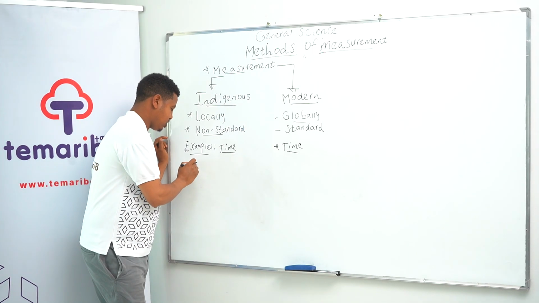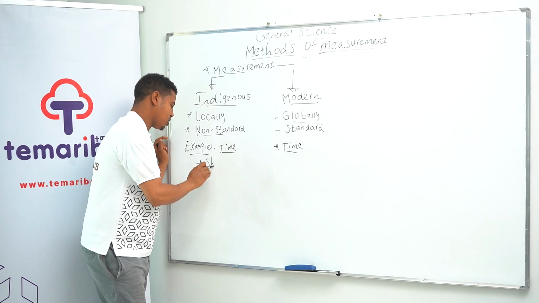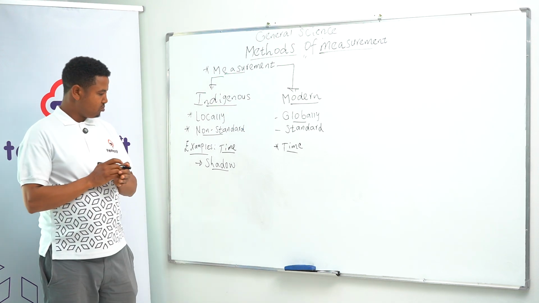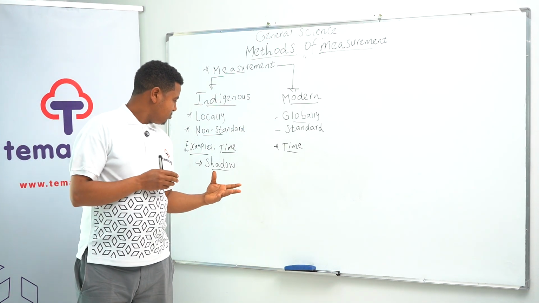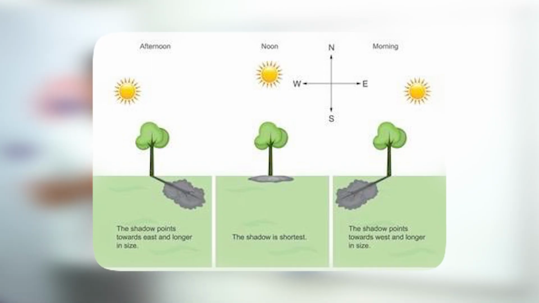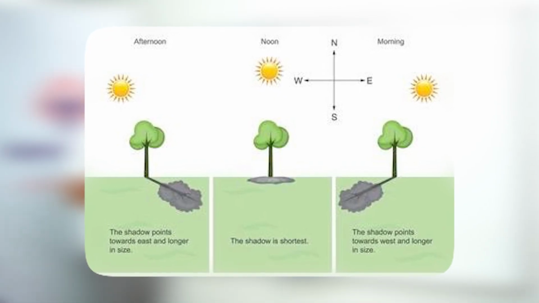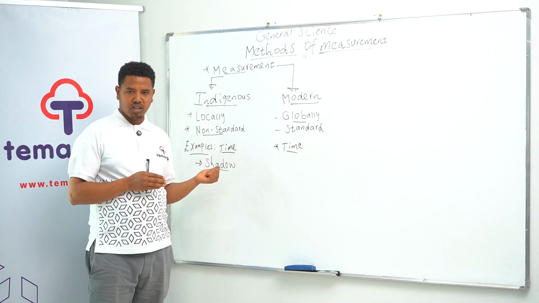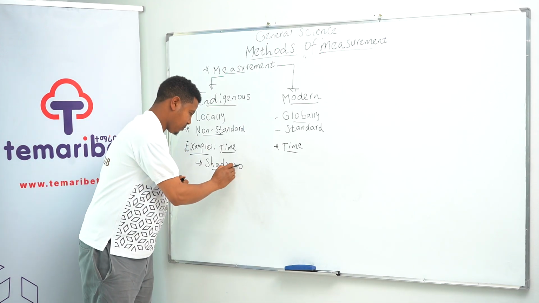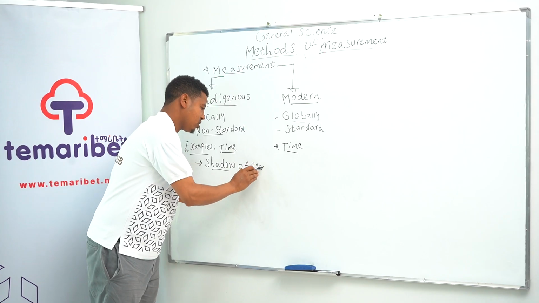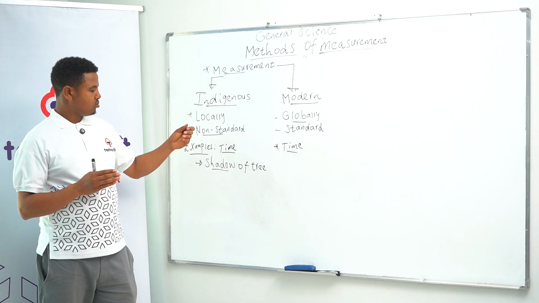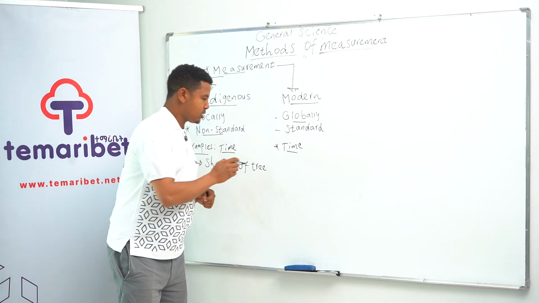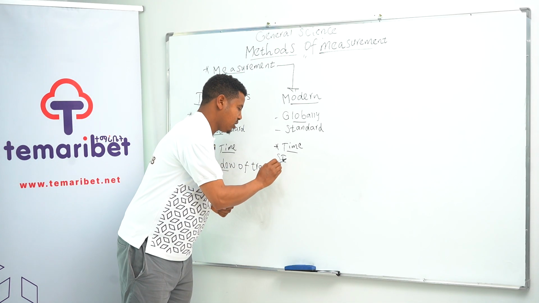So the indigenous method is that they use shadow. ወይንም ደግሞ when the sun changes position, the shadow also changes position. That is the way they used to measure time. So a shadow of a tree. የዛፍ ጥላን በመጠቀም ታይም ኢንተርቫሉን ዲተርማይን ያደርጋሉ ማለት ነው።